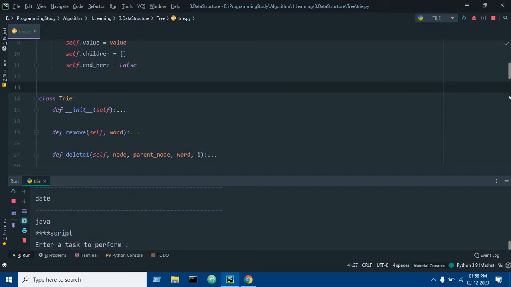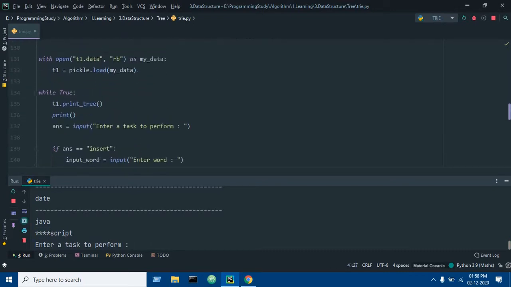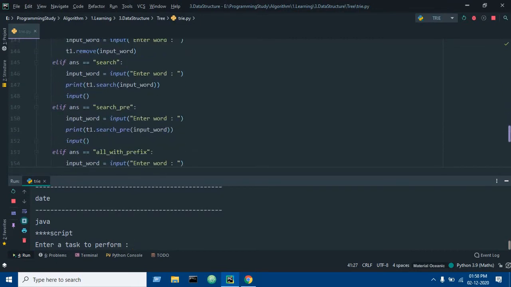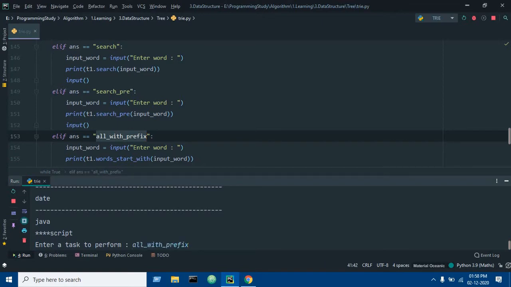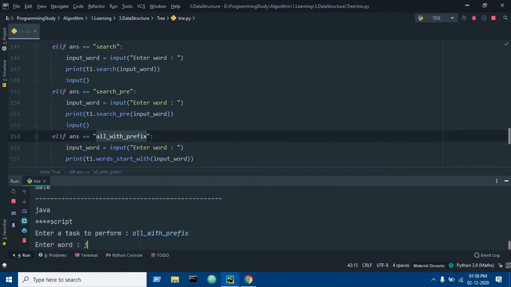Now if you want to search for the function all with prefix, meaning if you want to get the words with the prefix, then enter it and Ja. We will get all the words which have Ja in it.